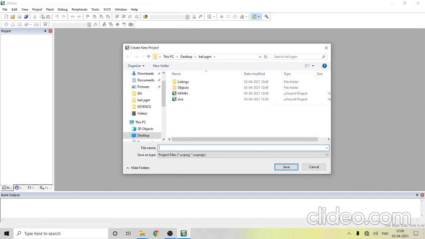Start it, and give the new file name. I am giving the file name as KAA. Don't change the save as type. Let it be as µVision project. Save.